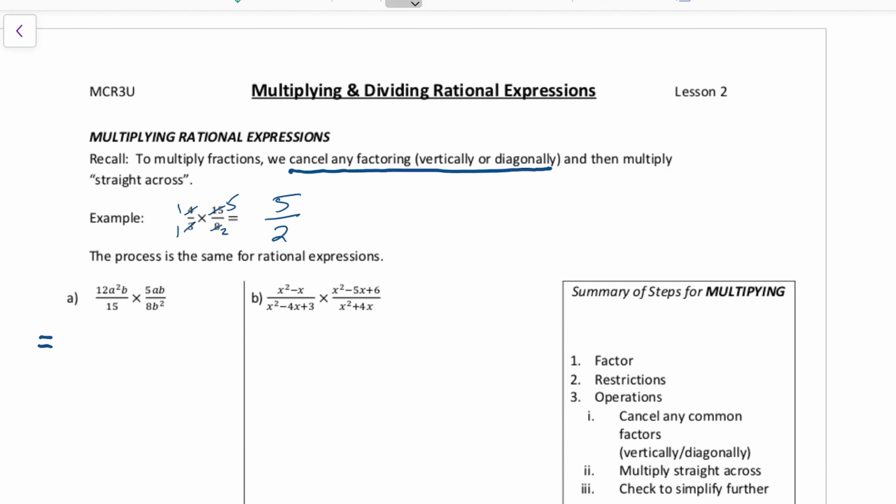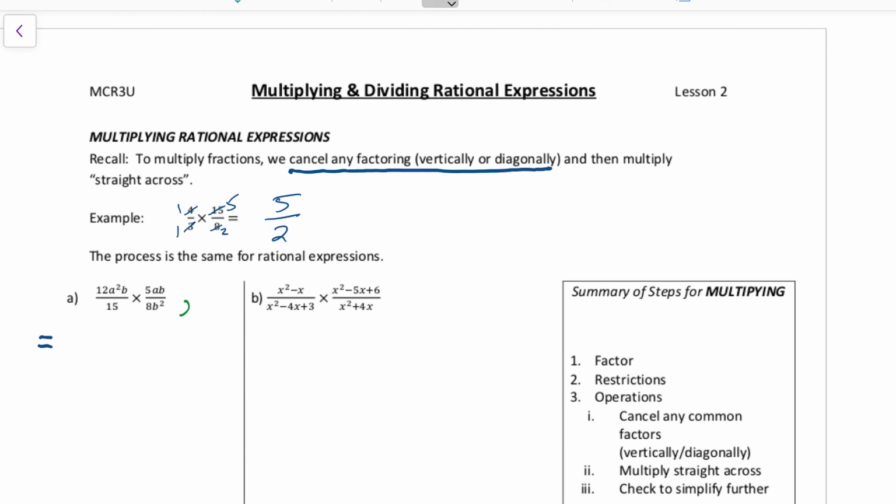So it says the process is the same for the rational expressions. So just like we did last class, you would first look to factor. In this example, there's nothing common to the top and bottom. We don't have any more terms than 1 on the top, or the bottom also just has 1, so we can't factor. What we can do here before we start to divide things is to state our restrictions